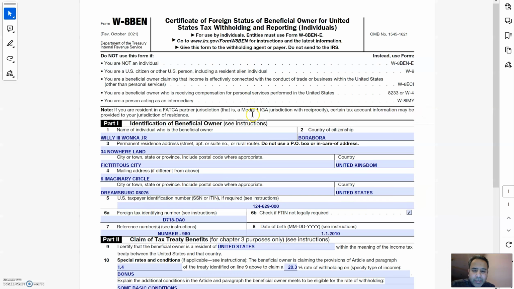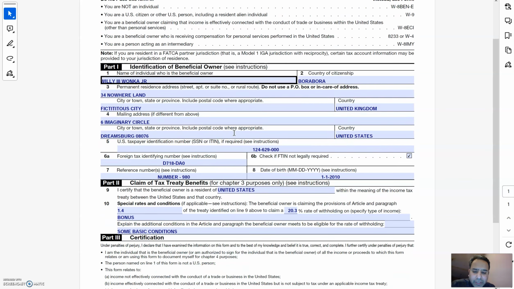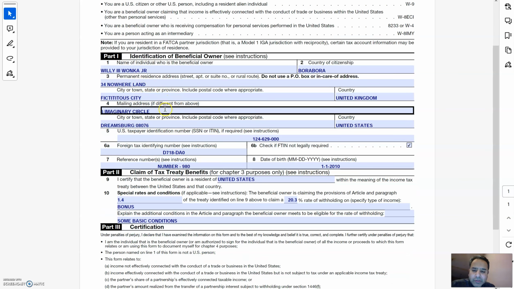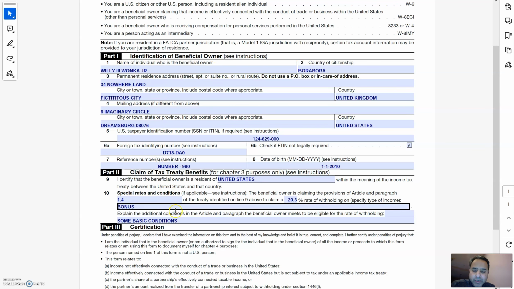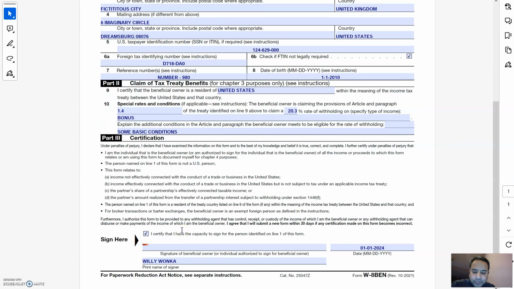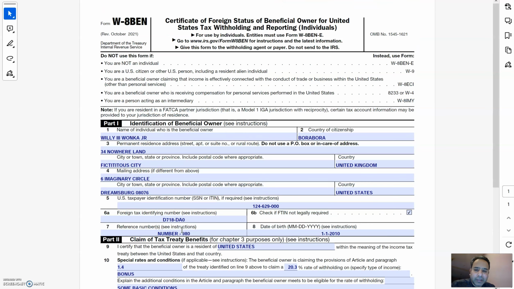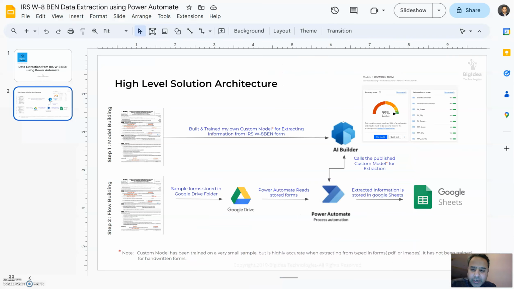So here is the IRS W8 beneficiary form, what that looks like. This is something that I've downloaded and filled in. As you can see, there are all of these different field elements, and these numbered items are the ones that we will eventually look to capture in the extracted data. So going back to the solution itself,